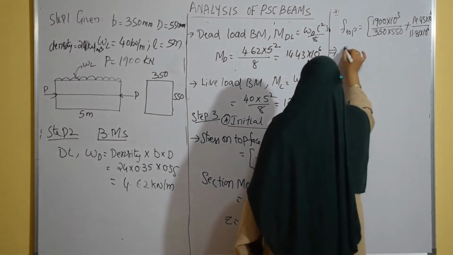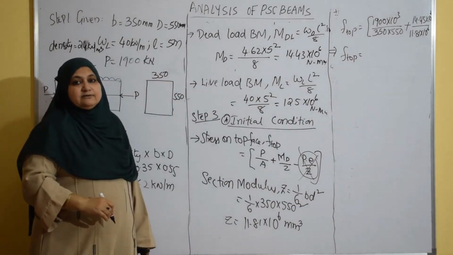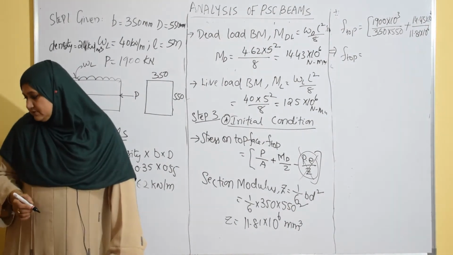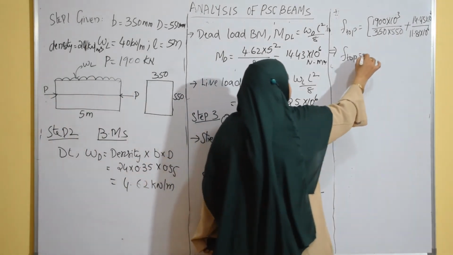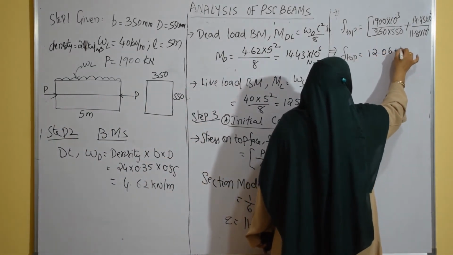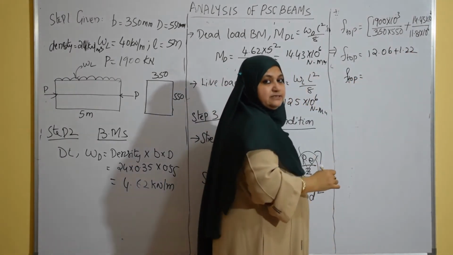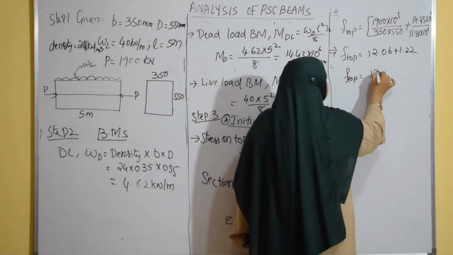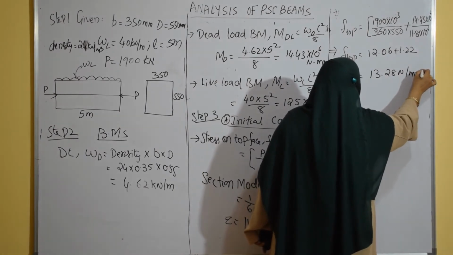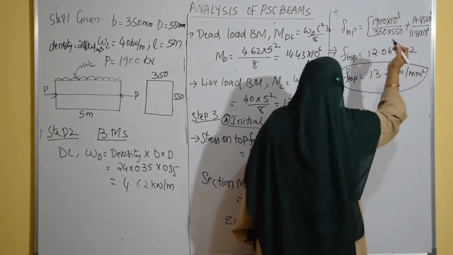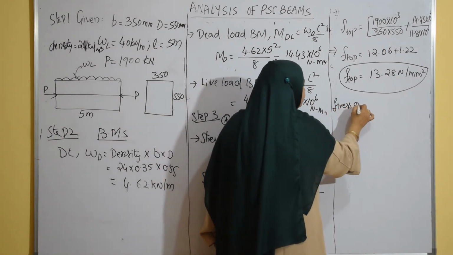So in this way we get the value at the top of the section before the application of live load. Fine. So this we got as 12.06 plus 1.22. So finally the stress at top face in the initial condition is 13.28 Newton per mm square. Okay, very simple. Stress at bottom, or on bottom face,